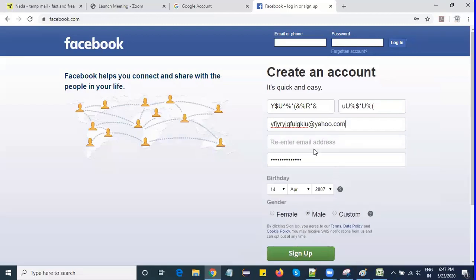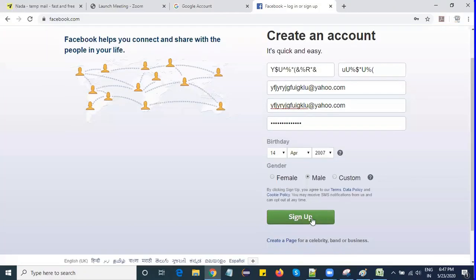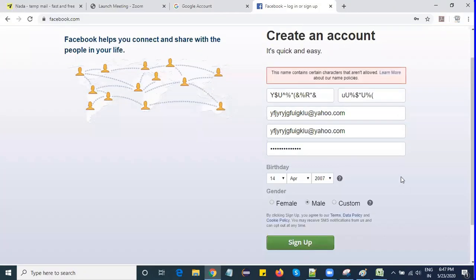When I click on here, something is written: this name contains certain characters that are not allowed. Something like I can't enter special characters. I can enter numbers or alphanumerics like this, and click on next, sign up.